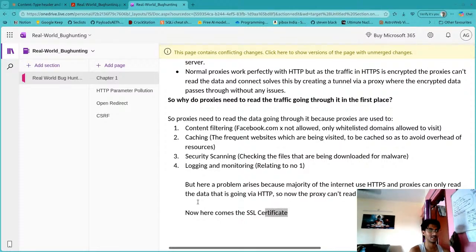This is very interesting, bro. A company creates its own